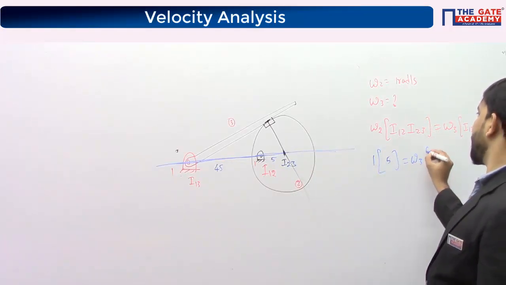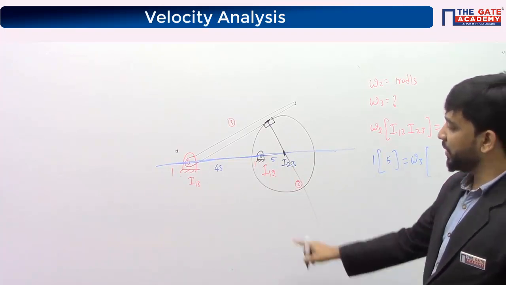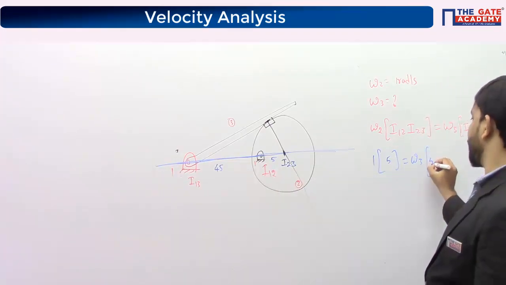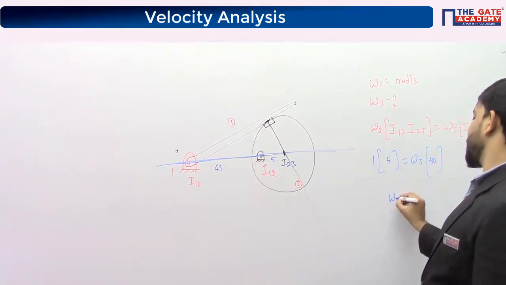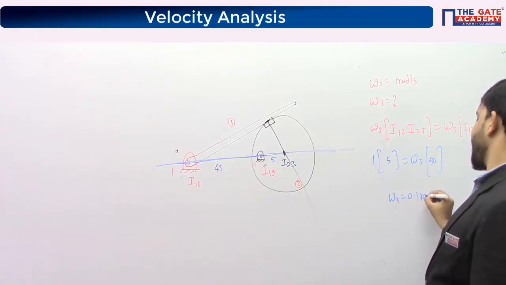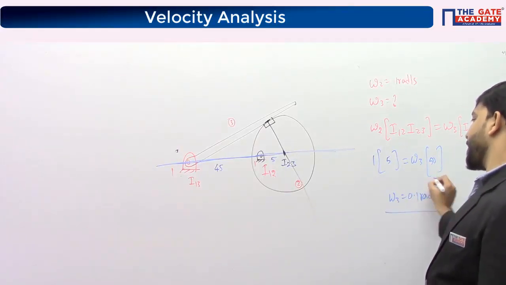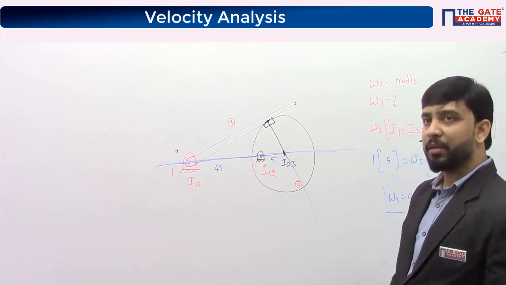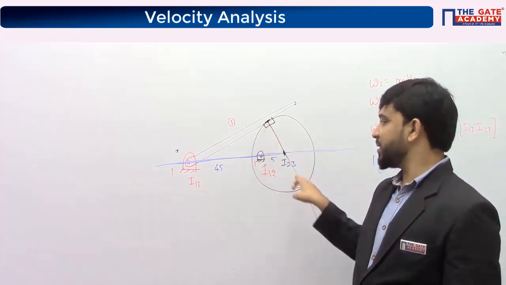So omega 3 we need to find out. Distance between I13 and I23 is 50 units. Omega 3 is 0.1 radian per second. Whenever you come across any higher pair, the I center lies somewhere along